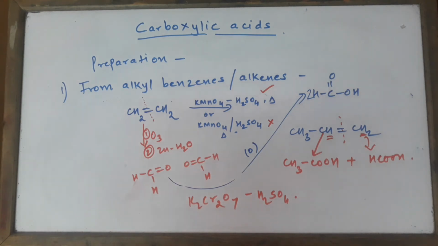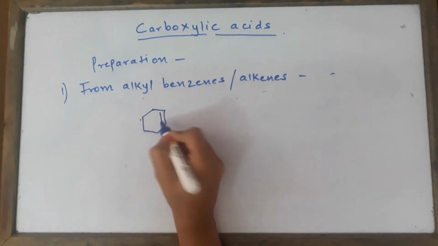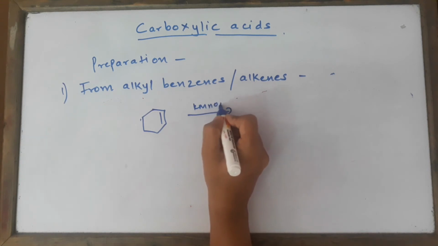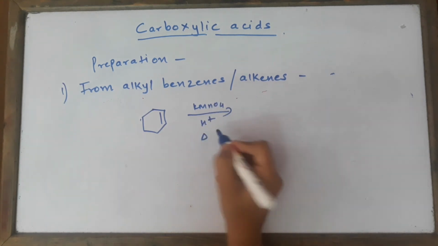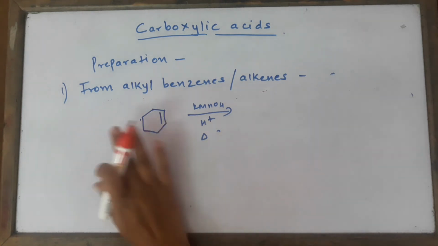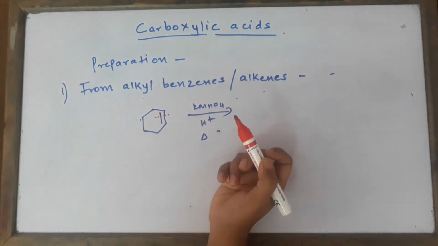There was an interesting question given in the textbook, so I'll take that first. The question which I had seen in the book was something like this: when you're treating this with alkaline KMnO4 or acidified KMnO4, let's take acidified only. Children, don't be scared of looking at the cyclic structure, because it's just a normal alkene. If you stop looking at the left hand side structure, it looks like a normal alkene. So you have to do the same thing. You just break it down from here.